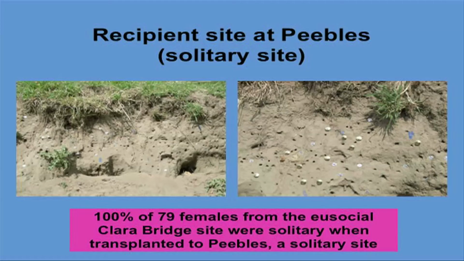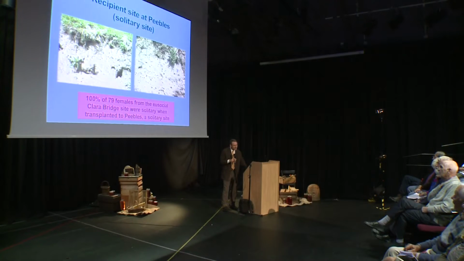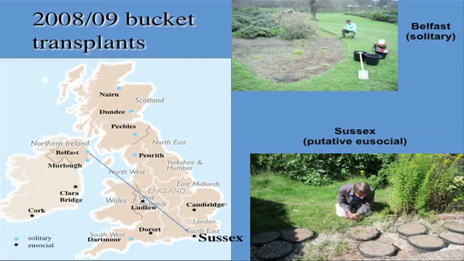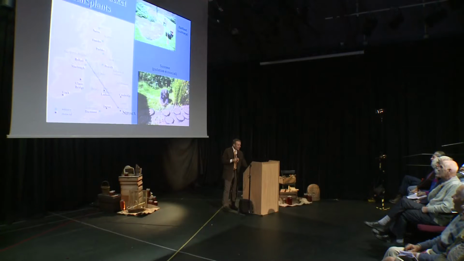Well, we marked them, we studied them, and all of them became solitary. So even the eusocial ones from the south all became solitary. Maybe that's easy to conceive. What happens in the reverse? If we take them from a solitary population, where they've only ever experienced cold climates, and move them down to a